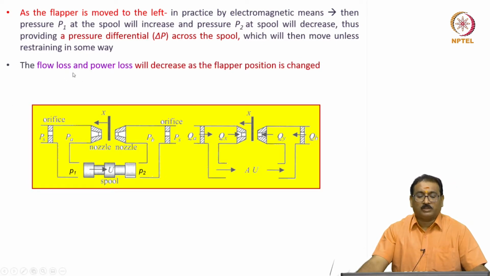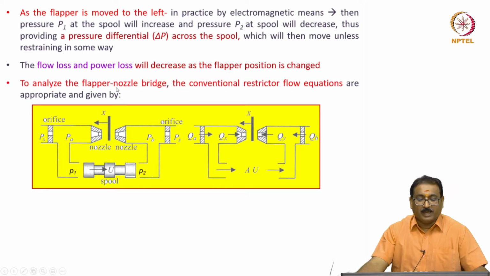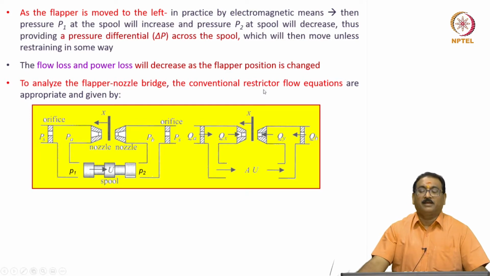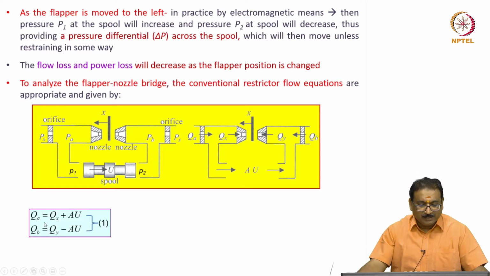The flow loss and power loss will decrease as the flapper position is changed. To analyze the flapper nozzle bridge, the conventional restrictor flow equations are approximated and given by,